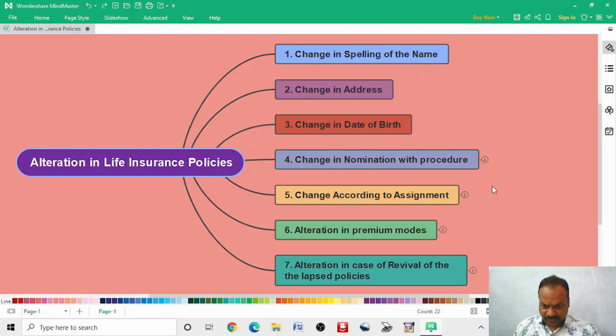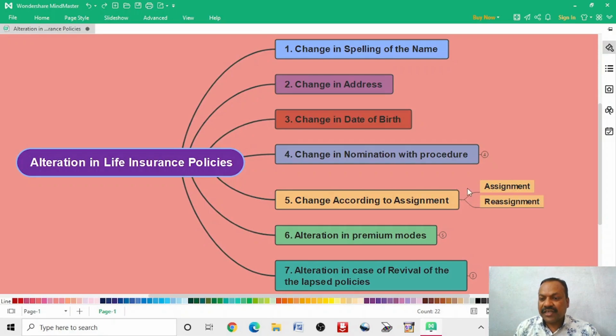Now we'll go forward and see this change according to assignment, that is, alteration in the process of assignment in the life insurance policy. So this alteration during assignment can be held for two different criteria. One criterion is assignment at the time of making the assignment. For example,